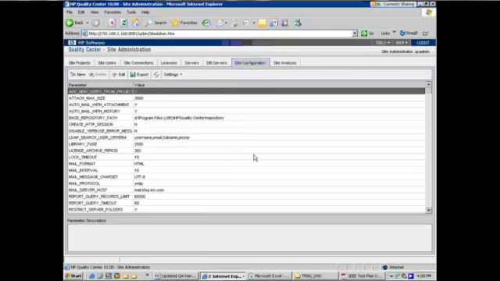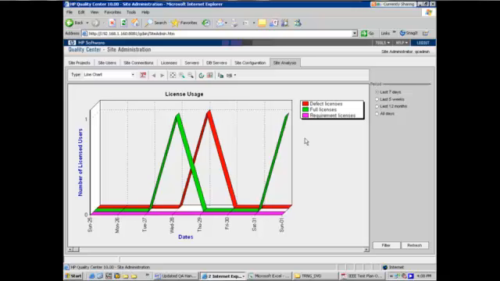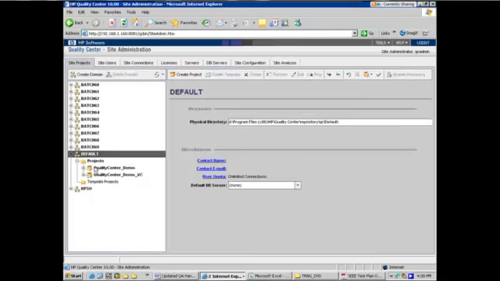Now, site configuration is basically looking at various forms, various displays and pages that are coming up, and how I can modify the outputs from the system, etc. All that will be controlled from here. This is the site analysis tab, which tells me how my licenses are being utilized over a period of time. The most important aspect that a system administrator related to the QA team will work on here is where he will create